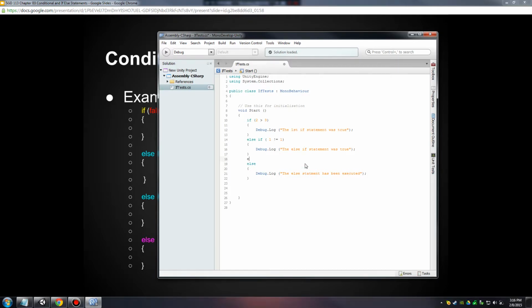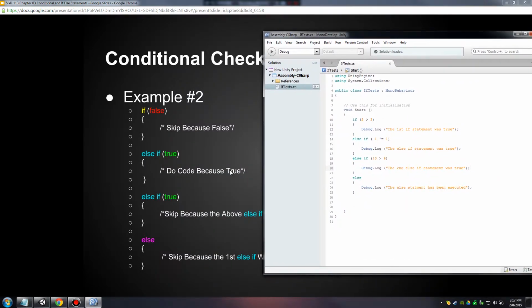Let me get my formatting going. Else if, and let's say 10 is greater than 9. Else if statement was true. Alright. It's a little bit different than the code right here because we have a true, or we have a